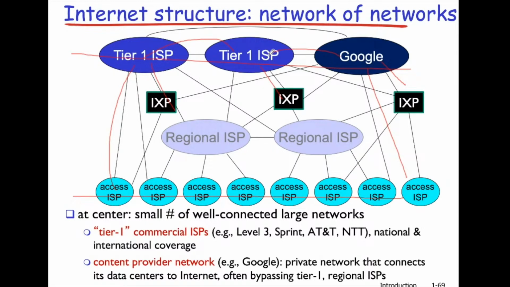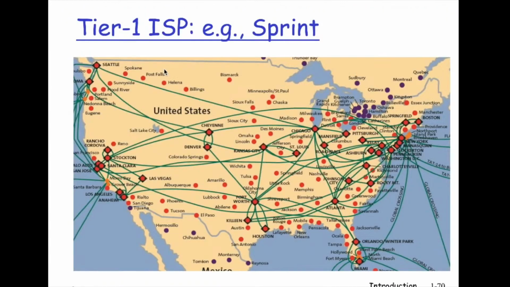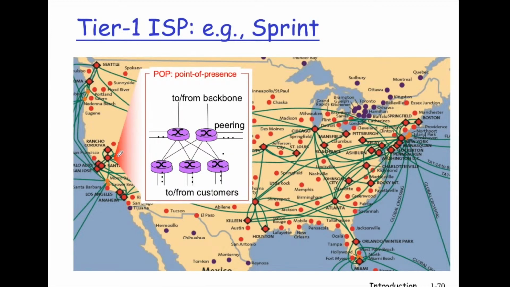All right. Good. Now, the final slide is just to give you a rough idea what's inside a Tier 1 ISP. As I'm drawing here, it looks simple, but it's actually quite complicated. This is Sprint's backbone. Sprint is one of the major operators in the US. It's also a Tier 1 ISP. Each of these red dots is called a POP, point of presence.